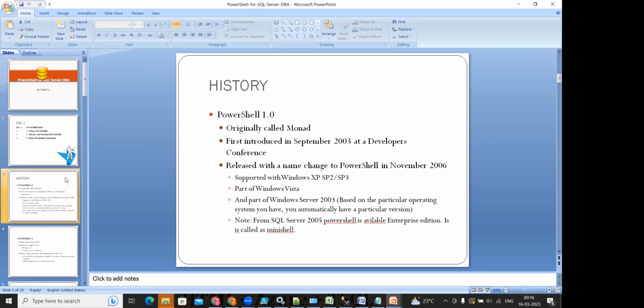So this is called Monad, right? And it was introduced in September 2003 at the developer conference. So when PowerShell was released, at that time it was not known as PowerShell. It was called Monad. And the name change from Monad to PowerShell happened in